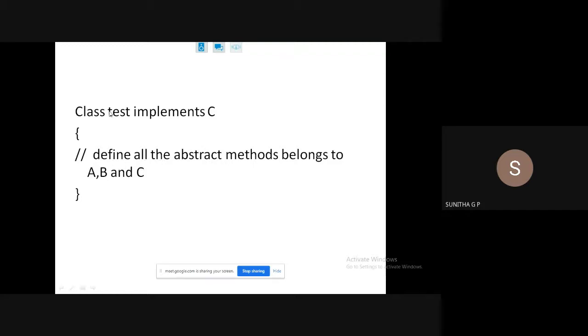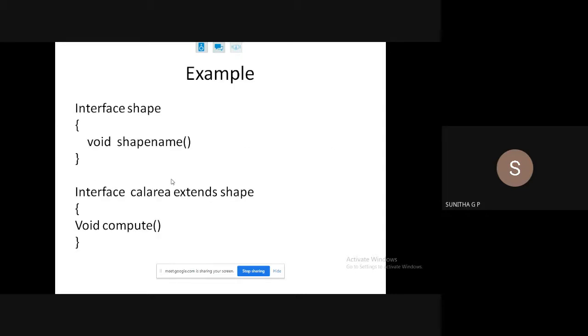Okay, so when you are implementing it, it is mandatory that all the methods are to be defined. Even though you don't want to give any statements, at least within blank curly brackets you have to write. If you don't want to write any statements inside the method, they still have to be redefined. So that while programming you understand that if I forget to define any one of the methods, it will show an error. Okay, so this is about the example.